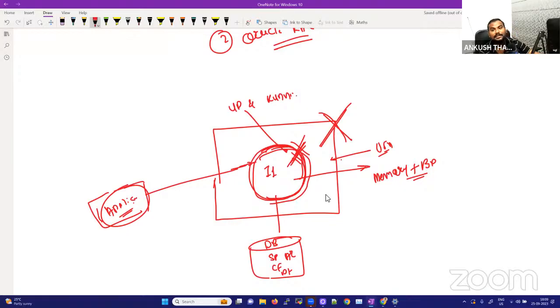Now what is the solution you have? If this database instance goes down and you will not be able to access your database, then what's the solution? Everyone needs the high availability concept nowadays, right? Everyone needs high availability. High availability means